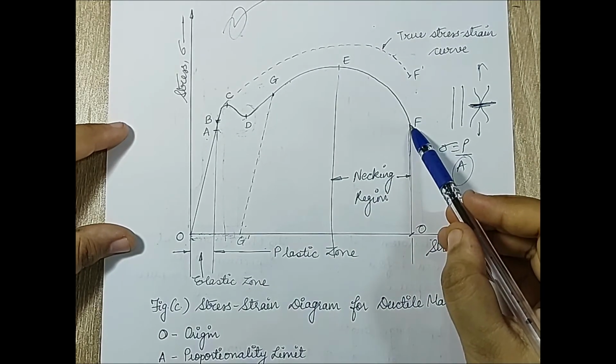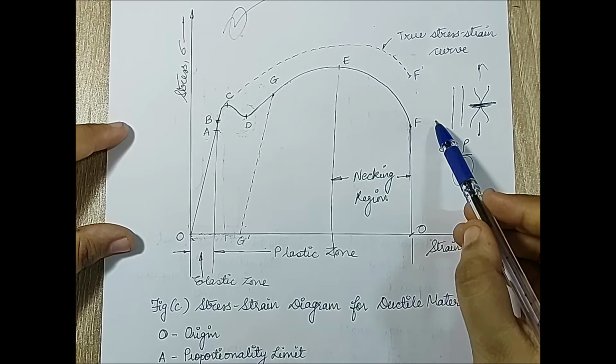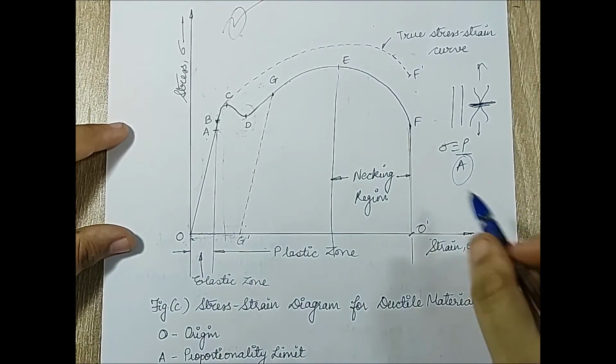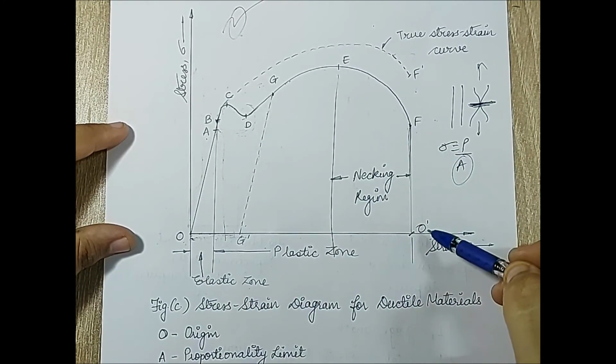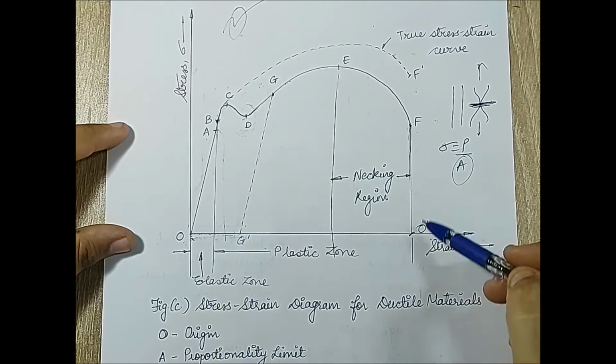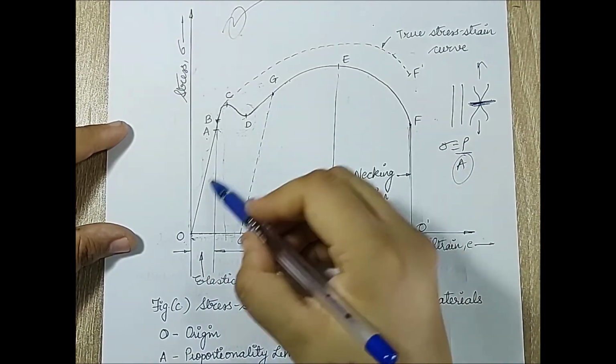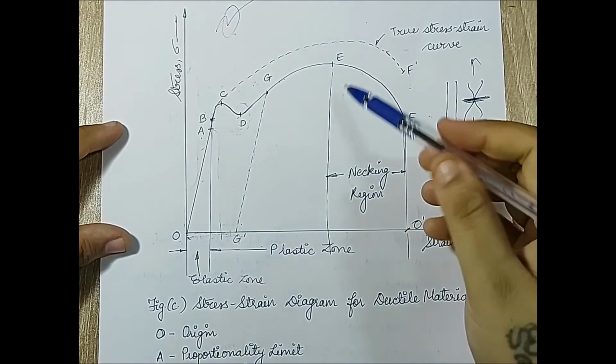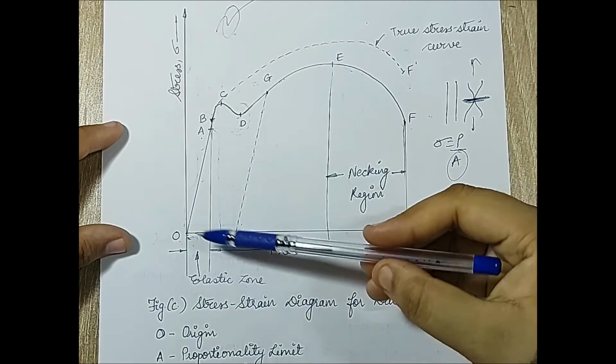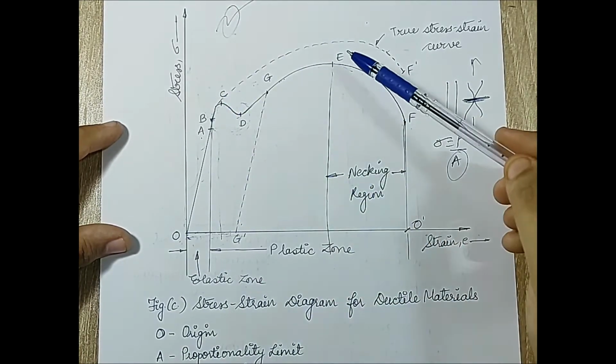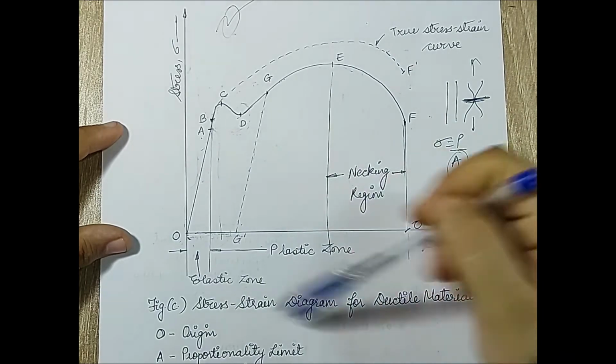Now, you can show the graph up to this point F. Say this is O, so I'll call this as O dash. It is not necessary to trace it back to O dash, but this is only for the understanding that every graph must have an area. As you can see, there is a particular area over here. So I can call that area as O, C, E, F, O dash. So this is just an area.